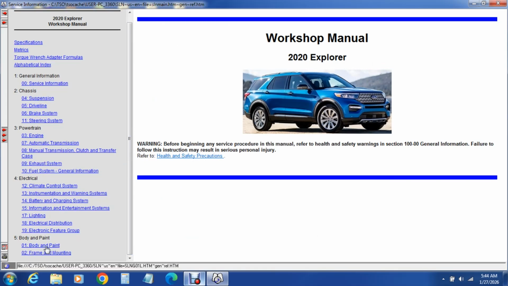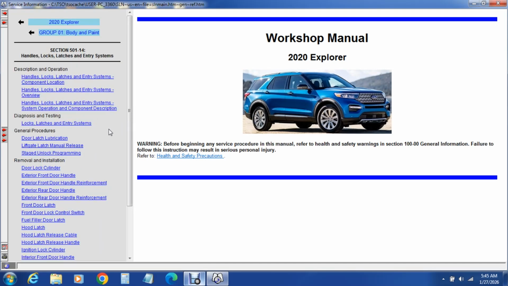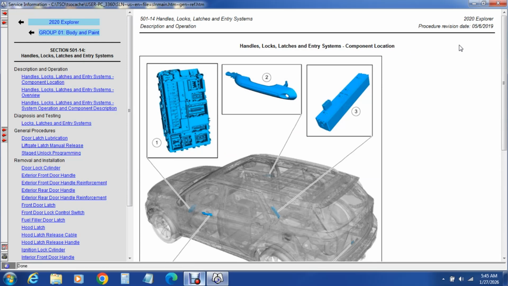Down here, body and paint under section 5. And again, 501-14 is where our keyless entry system will be. And under description and operation, we now have 3 different entries. We're going to go to the top one. We're going to scroll down,